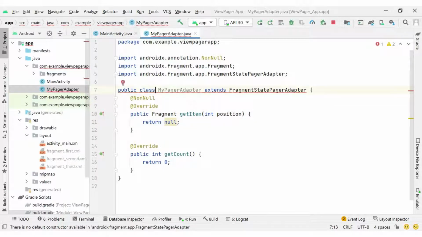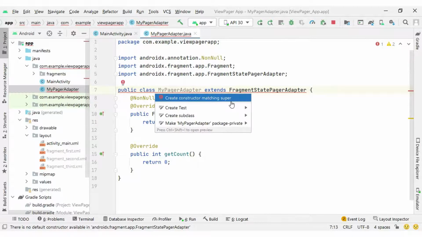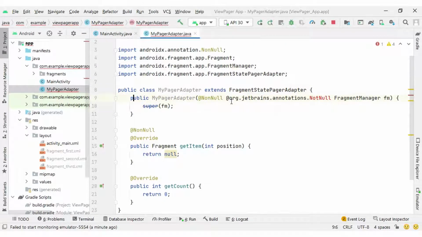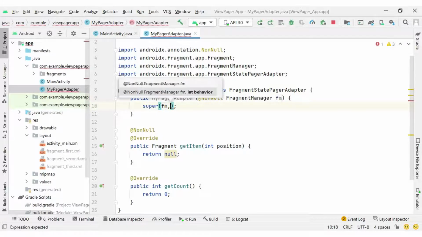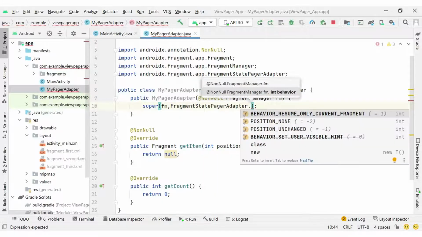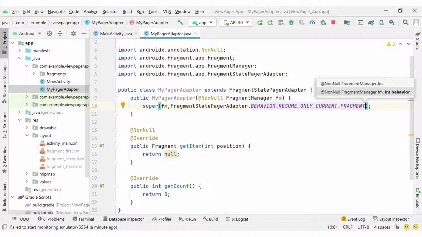Again we need to press Alt+Enter and create constructor matching super. In the super constructor also you will get the NotNull annotation. I will remove it, it is not required. And while calling the super call, the second argument you can pass here is FragmentStatePagerAdapter.BEHAVIOR_RESUME_ONLY_CURRENT_FRAGMENT.